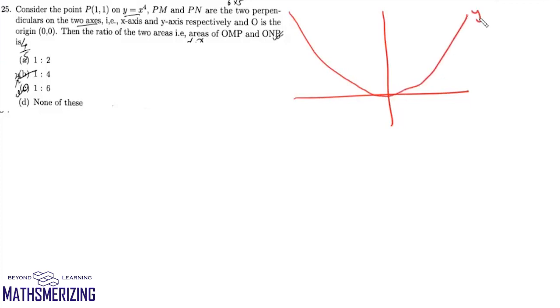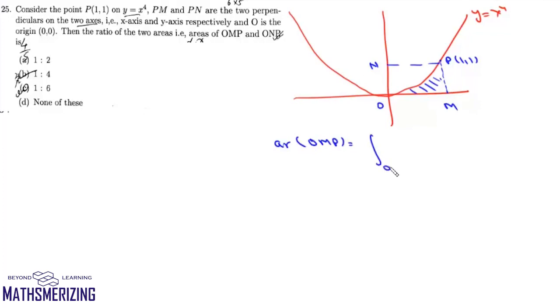Now question number 25 is, consider the point P 1, 1 on y equals x to the power 4. So we'll draw this graph. This is y equals x to the power 4, and then we have this point P, which is 1, 1. Now PM and PN are two perpendiculars on two axes. So this is PM and this is PN. O is origin. We need to find ratio of areas of OMP and ONP. So first we'll find this area, which is OMP. So area of